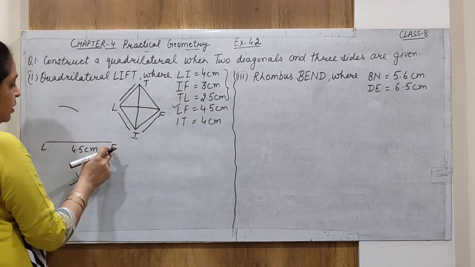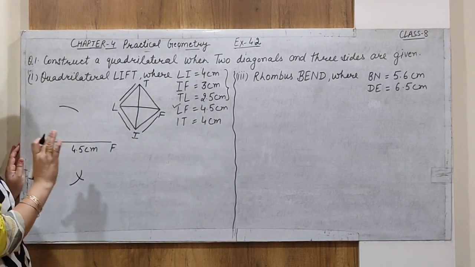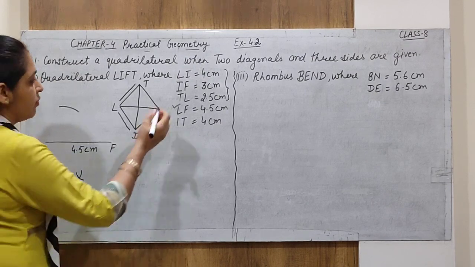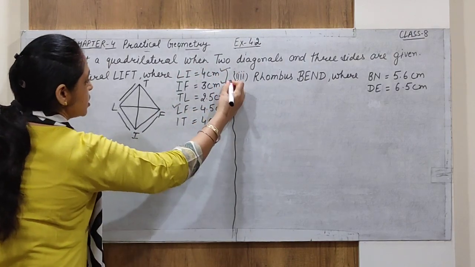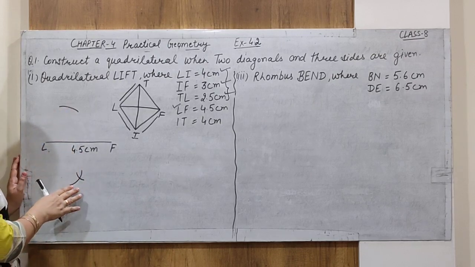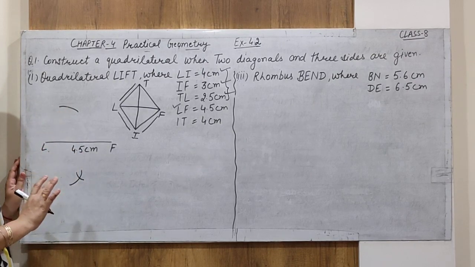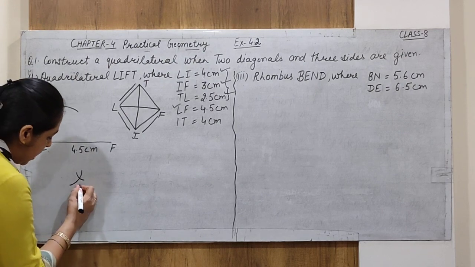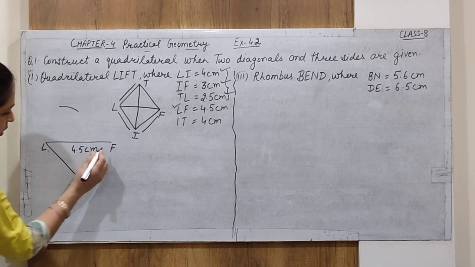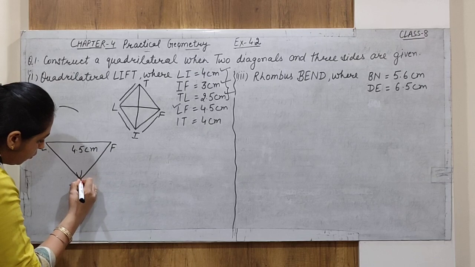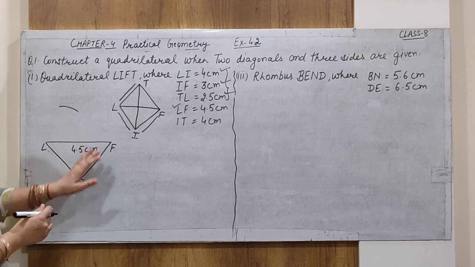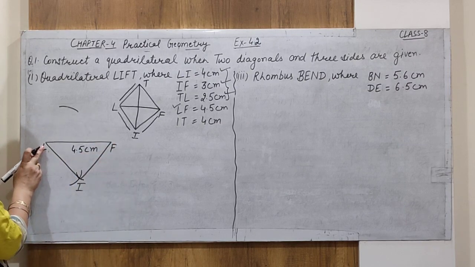FT is not given. Now what is given? We have to use that point. We have this given, we already used as a side. This is also used, this is also used to draw 3 arcs. We get 3 arcs now, 2 in the downward direction and 1 in the upward direction. And for this arc we get a point I. We can also draw a triangle with the help of this arc, because we get the vertex of the triangle in the downward direction. Alright, when you draw with the scale and everything, the measurements are very correct.